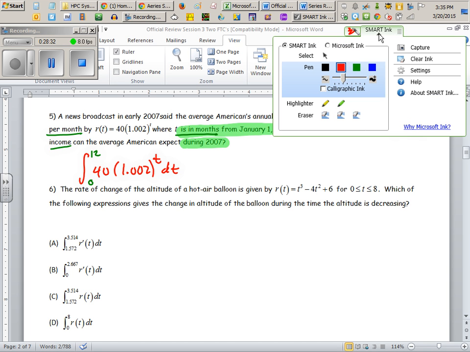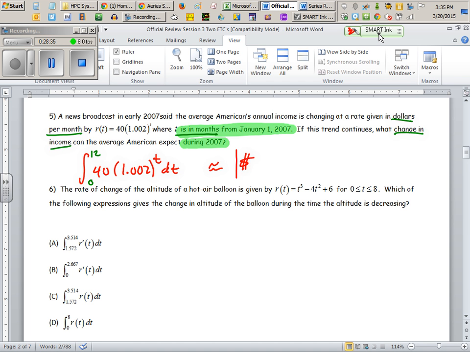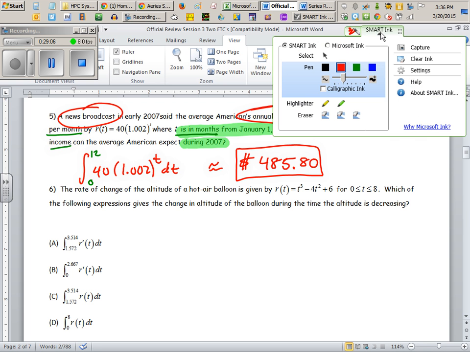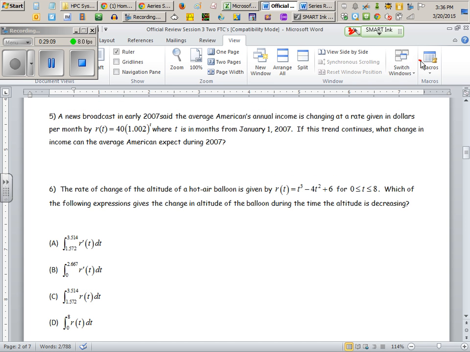What do we got? I thought it was 400 and something. Can't remember now. Can you give me some pennies on that? 80 pennies? Okay. See, in 2007, I don't remember earning that much extra money. According to this news broadcast in 2007, my income is increasing this much each year. I haven't seen it. That never happened to me. I guess I'm not the average American. Okay, let's go to